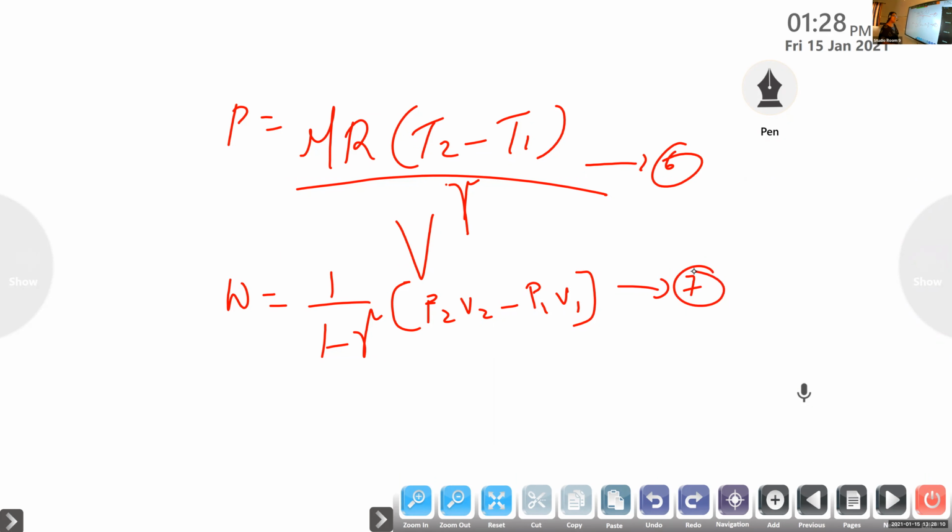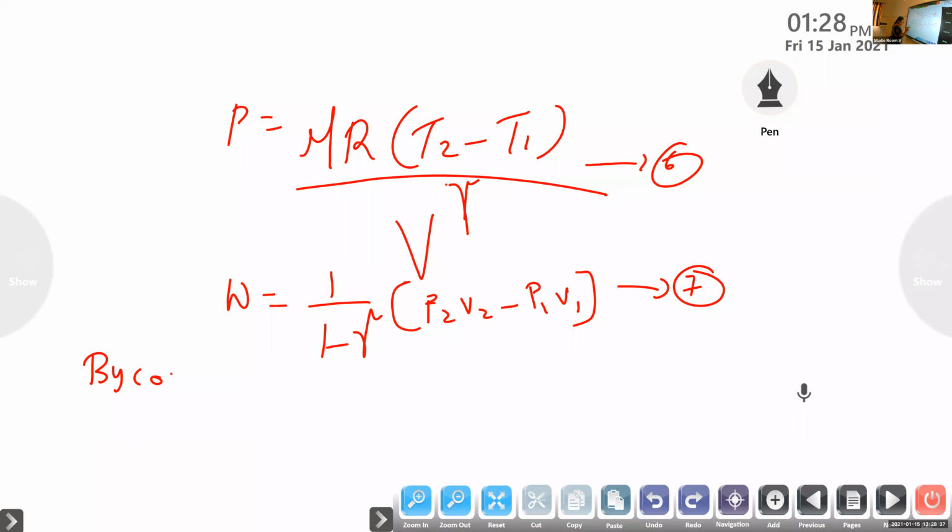Now we are going to combine. Combine means that instead of P we can substitute the value mu r T2 by V and mu r T1. So we are not going for that entire derivation, we can just write by combining both we get. So we are not going for the cutting and all. After writing this, go to the next step.